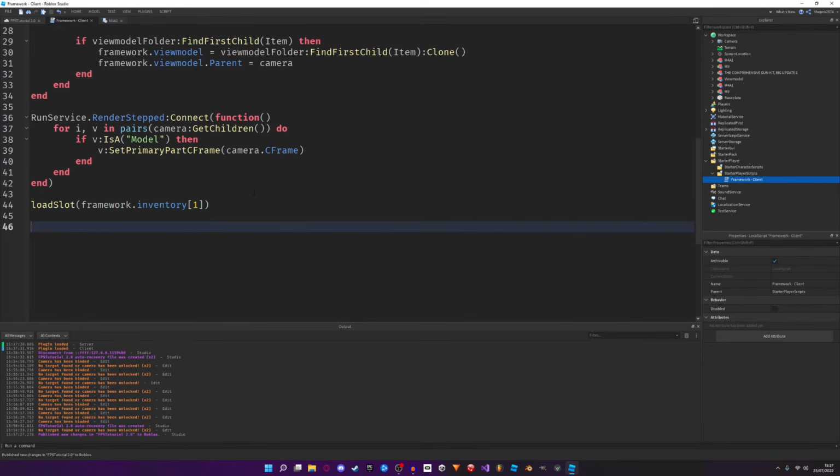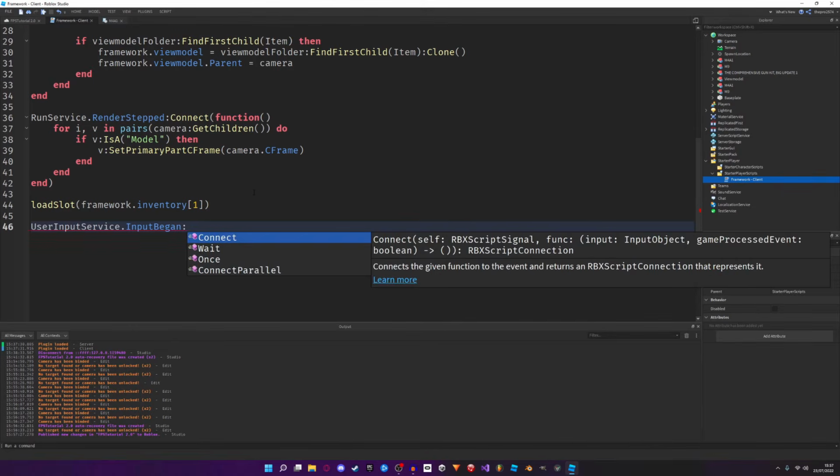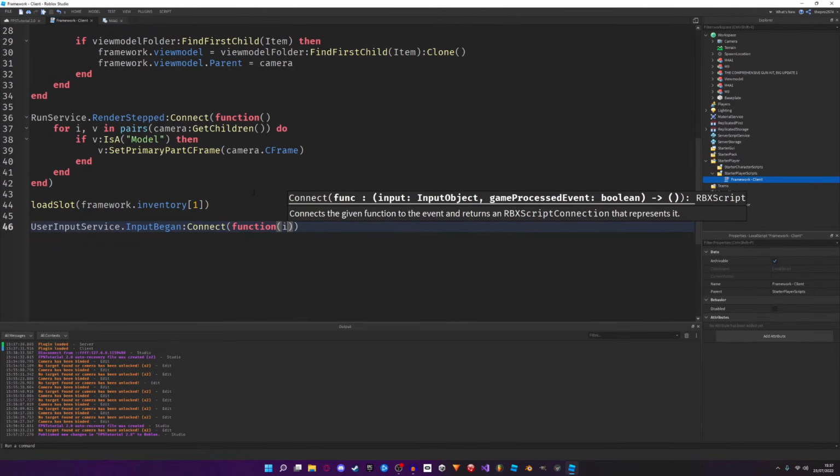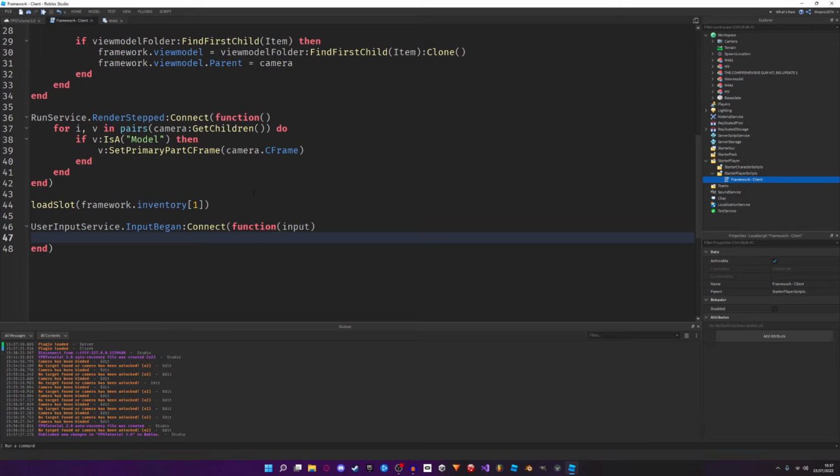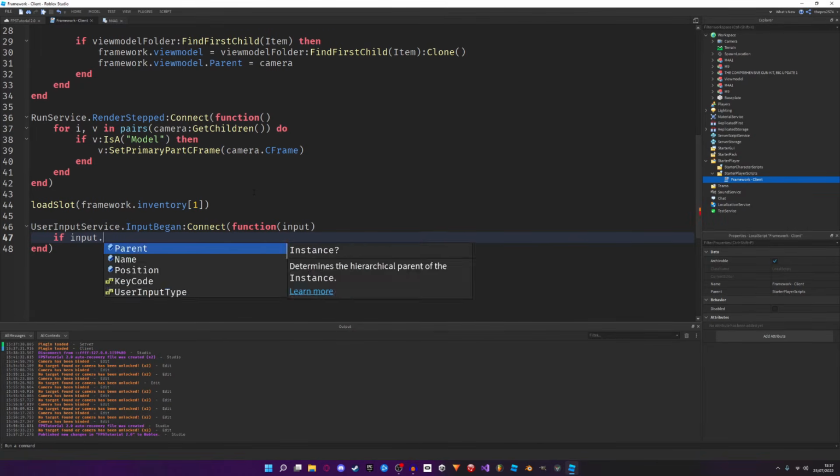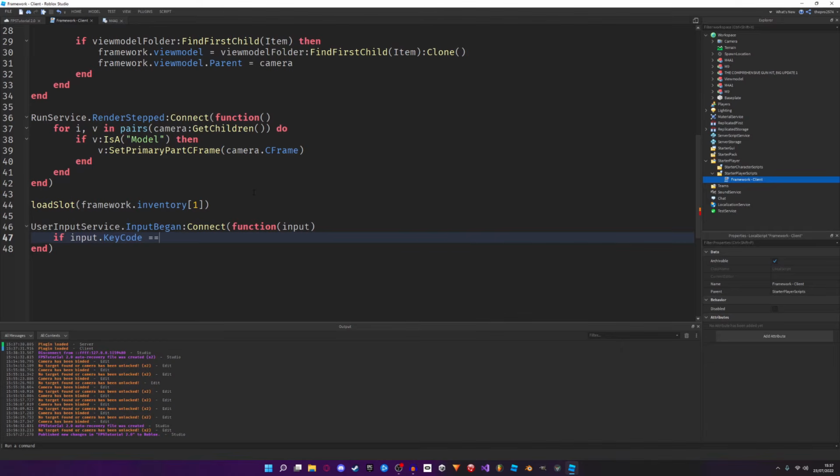Here we're going to say UIS, or UserInputService, .InputBegan:Connect function. We'll type input here, and we'll say if input.KeyCode equals Enum.KeyCode.Two then, but we also need one for 1, and then we'll say